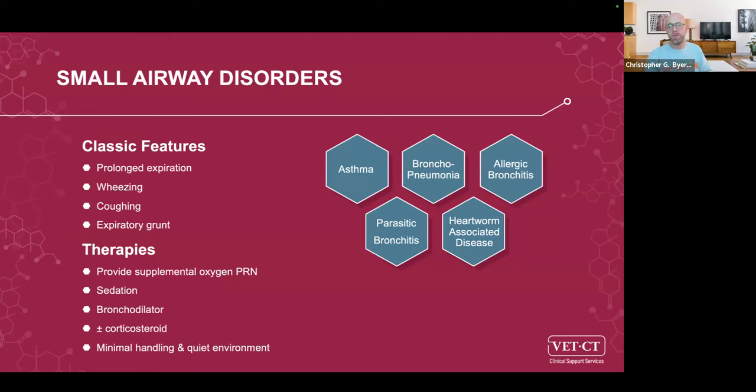So we need to provide them supplemental oxygen. We often need to provide them sedation, for example, something as simple as butorphanol. We often will use bronchodilators, whether that is an albuterol or salbutamol inhaler or a terbutaline injection. And because we're concerned about asthma, this was confirmed asthma based on ruling out other differentials, an anti-inflammatory treatment with a corticosteroid is very reasonable, but perhaps underappreciated in the management of these patients is the fact that they need